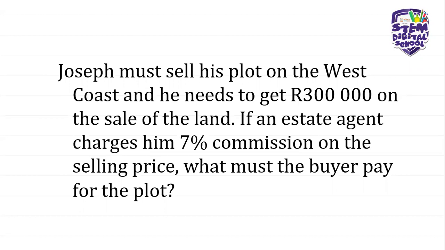Joseph has to sell his plot on the West Coast, and he only needs 300,000 rands on the sale of the land. If an estate agent is going to charge him 7% commission on the selling price, what must the buyer